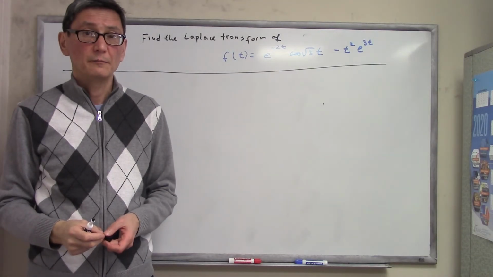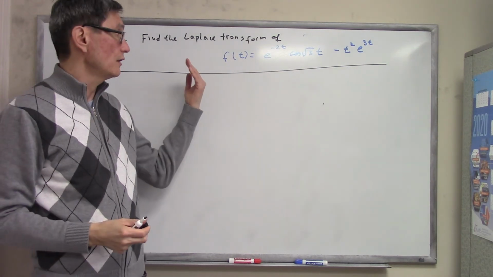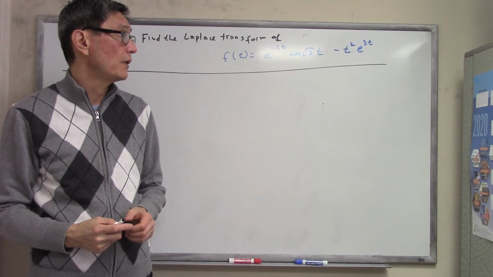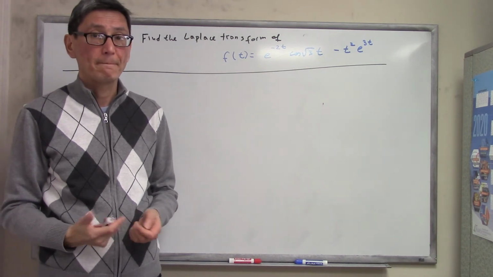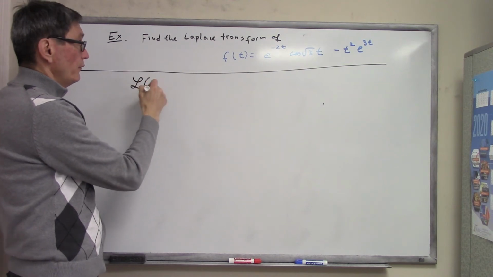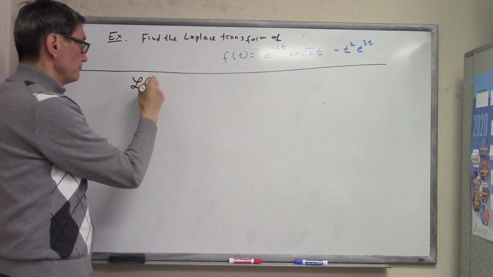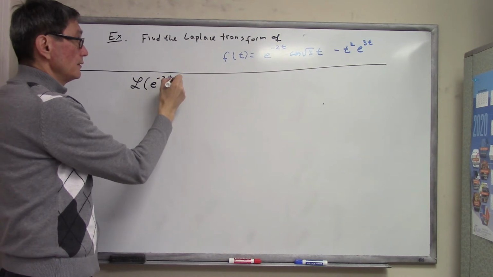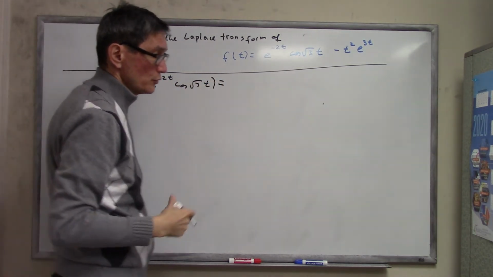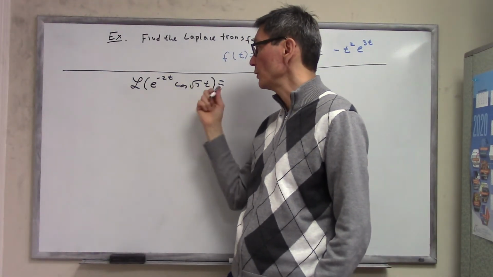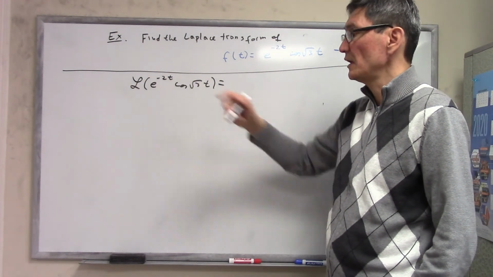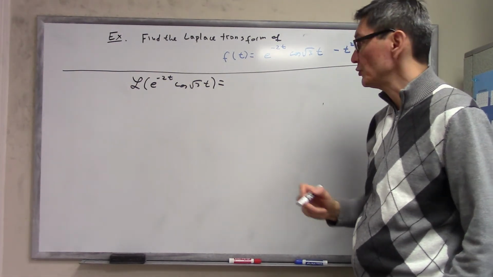In the next example, we're asked to find the Laplace transform of the function f of t, which is e to the negative 2t times cosine of root 3 times t minus t squared e to the 3t. So I'll find the Laplace transform of each particular term here separately. First, e to the negative 2t cosine of root 3 t. So recall how to find the Laplace transform of this one. If we multiply cosine by e to the at, so in this case a equals negative 2, we're going to get